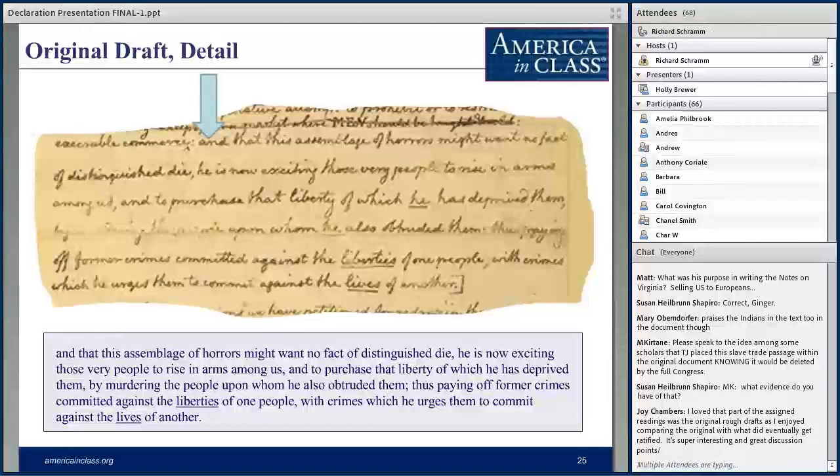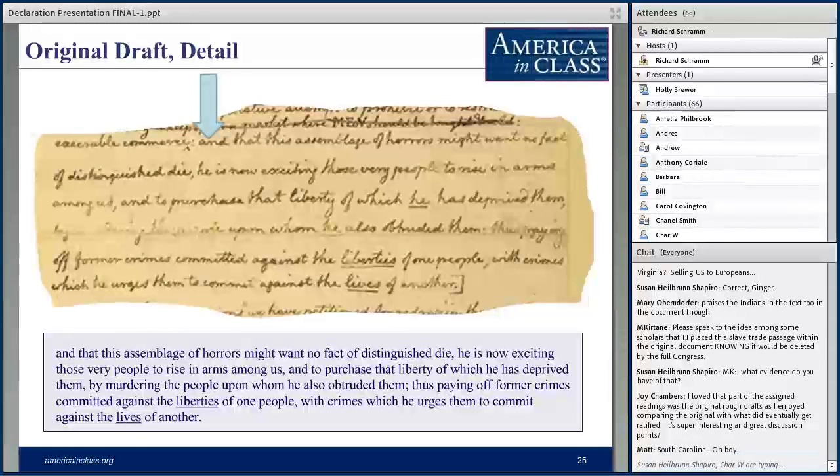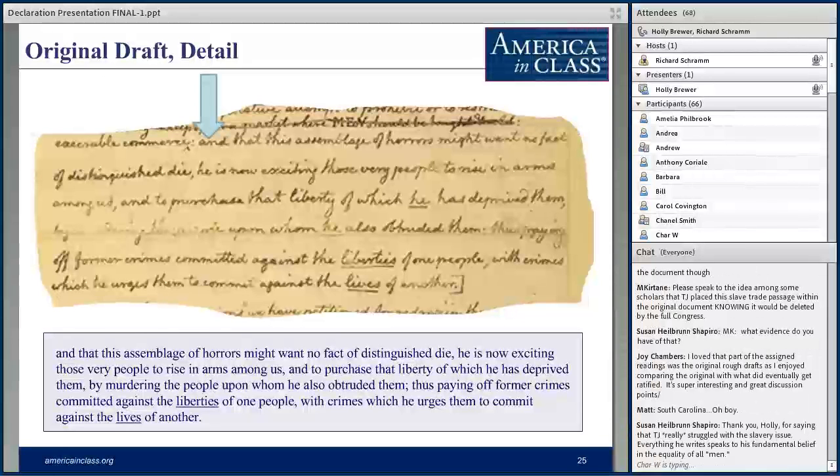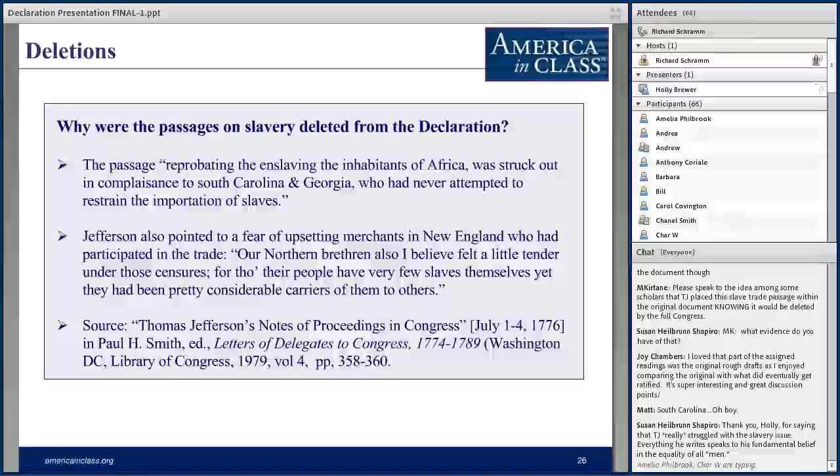Anyway, so here's the rest of the deleted clause: "and that this assemblage of horrors might want no fact of distinguished dye. He, that is the king, is now exciting those very people to rise in arms among us, and to purchase that liberty of which he has deprived them by murdering the people on whom he has also obtruded them, thus paying off former crimes committed against the liberties of one people with crimes which he urges them to commit against the lives of another." And some of this language, this part, did end up in the final document, and we are more familiar with it because it is something that we